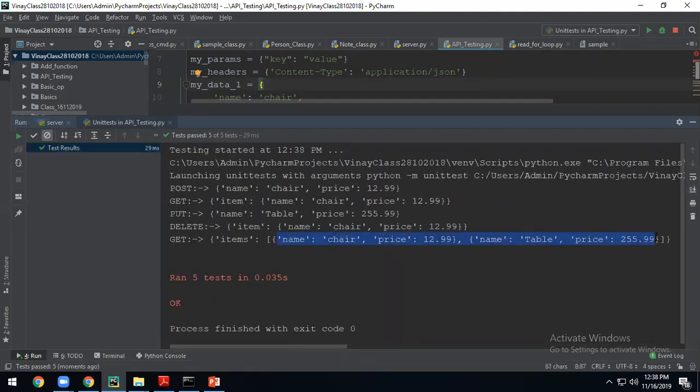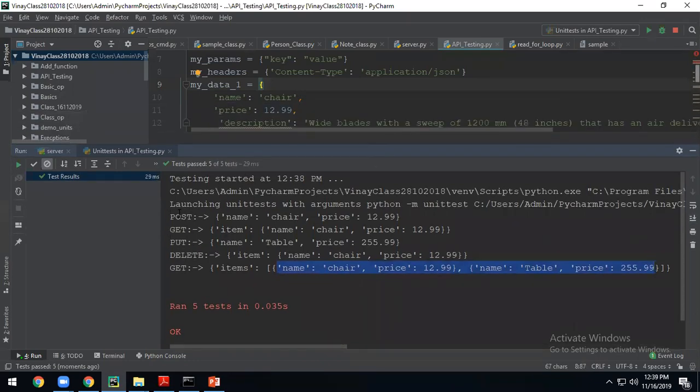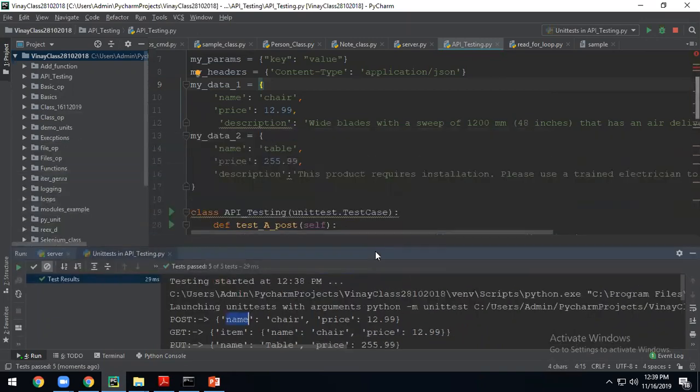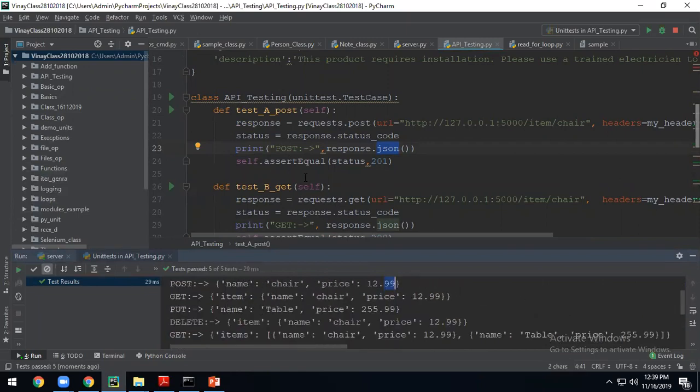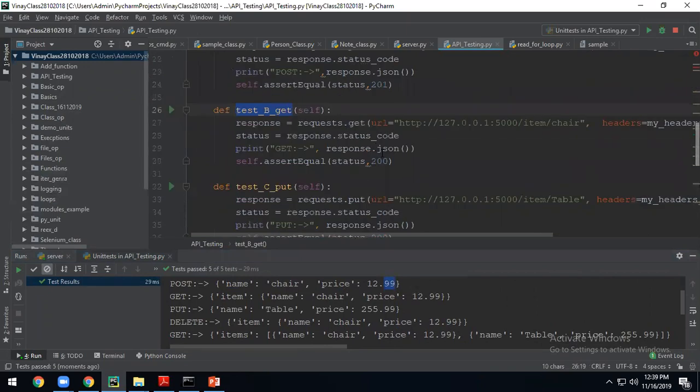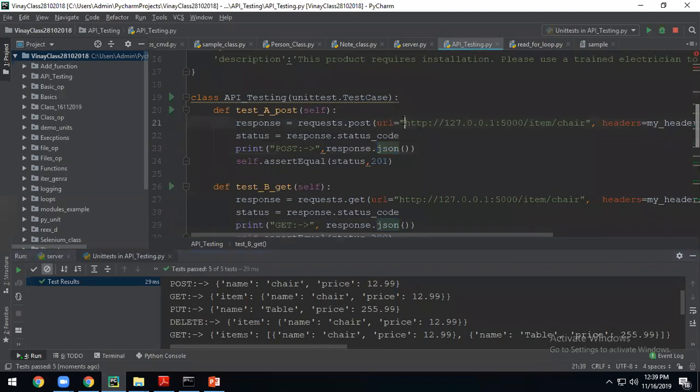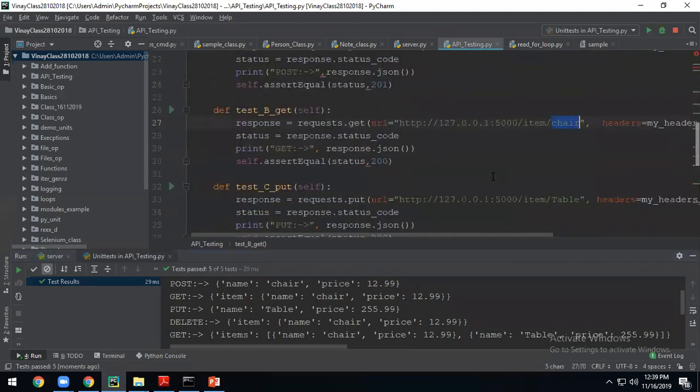So, the output which you are getting. This is a post actually. From the post you got this chair has been added, you are trying to say here. So you got a response from the data. You are saying that chair with this price has been added, you got it. Okay, now the second one is this get method. From the get, now you got some response. I'm doing an assert. From there you got a response like item, name is chair, price. This got added during the post, and you got it here actually in the get method.